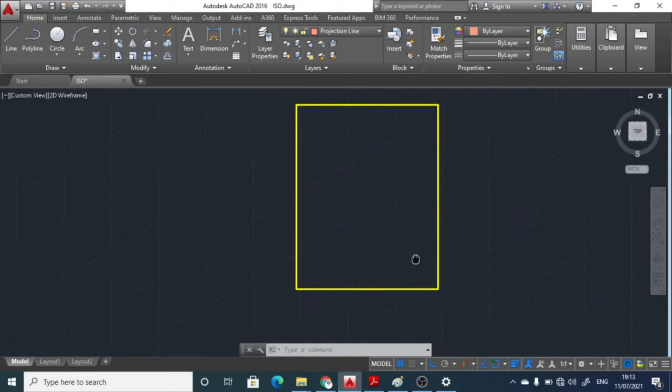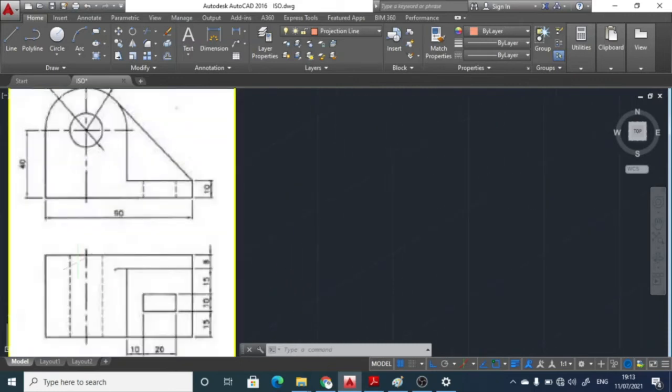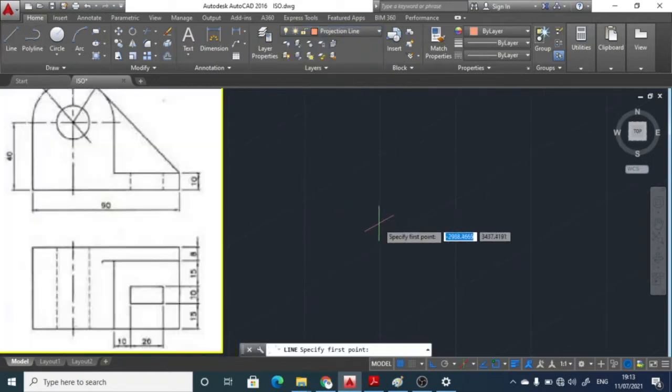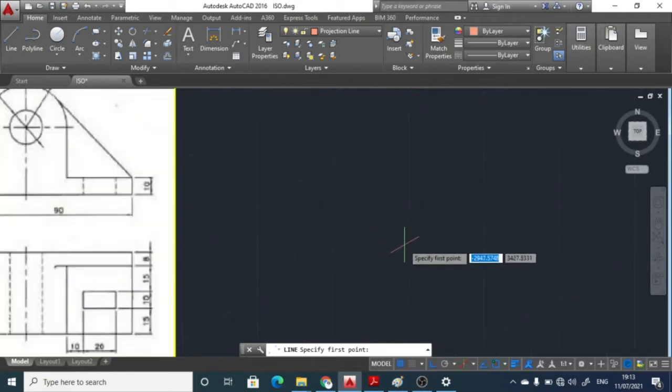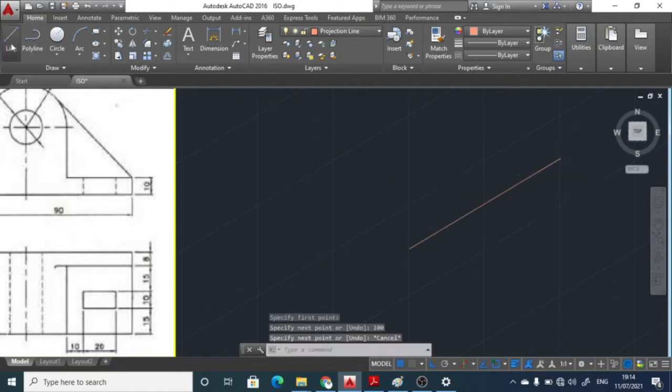So one by one, as per our regular method, whenever we draw a diagram in AutoCAD, what process are we following? First we select the layer properties of the projection line, then we click on the line command. As per our first step, we select the O point and draw a length of 100 mm on the left side and a length of 100 mm on the right side, at an angle of 30 degrees with respect to the horizontal line.